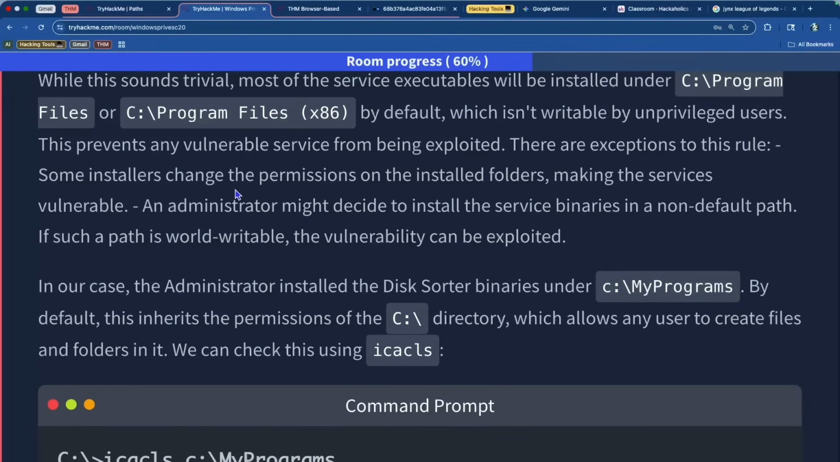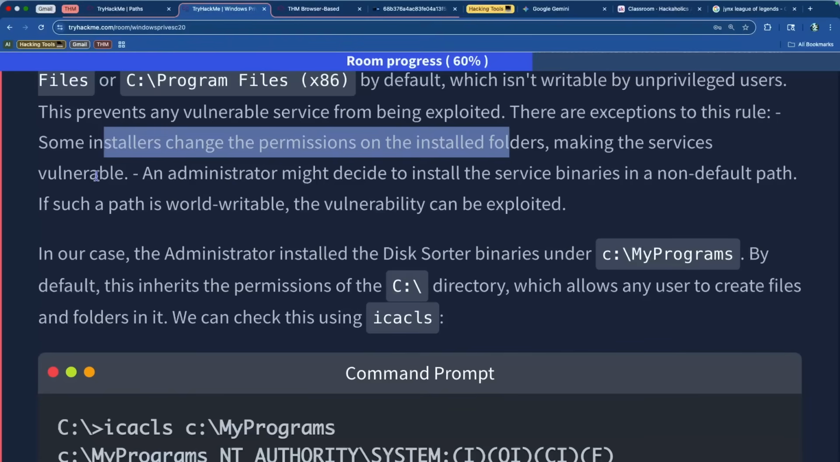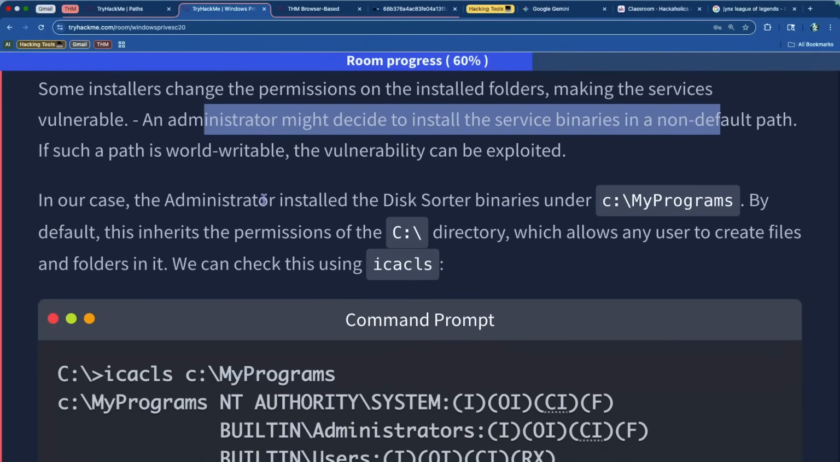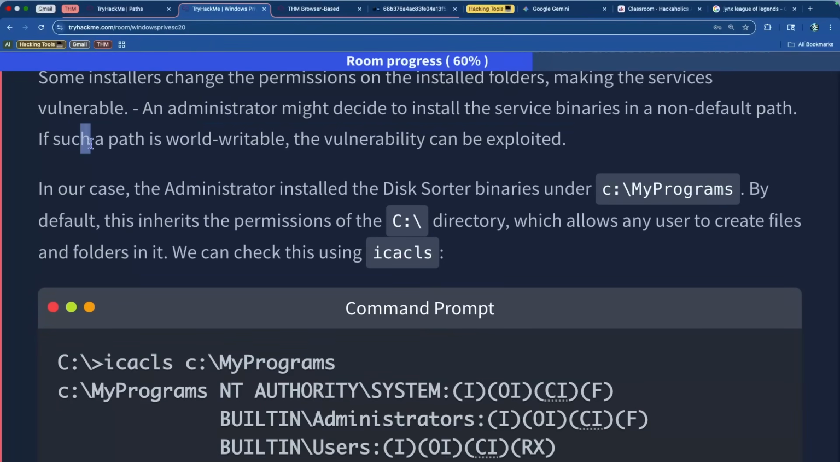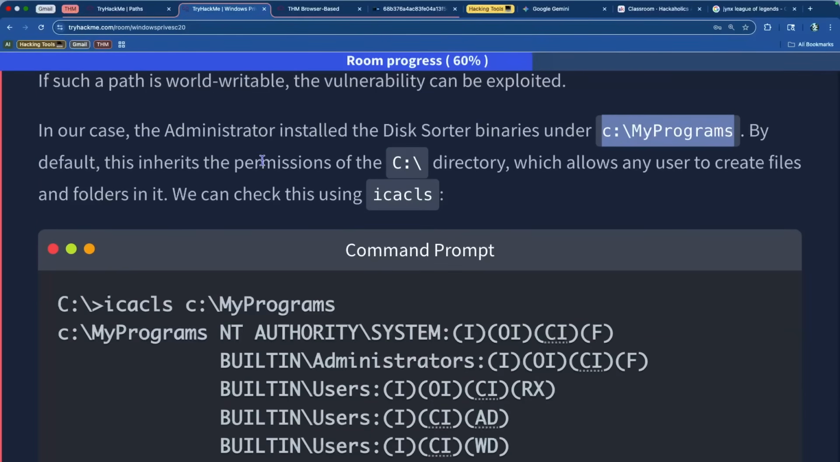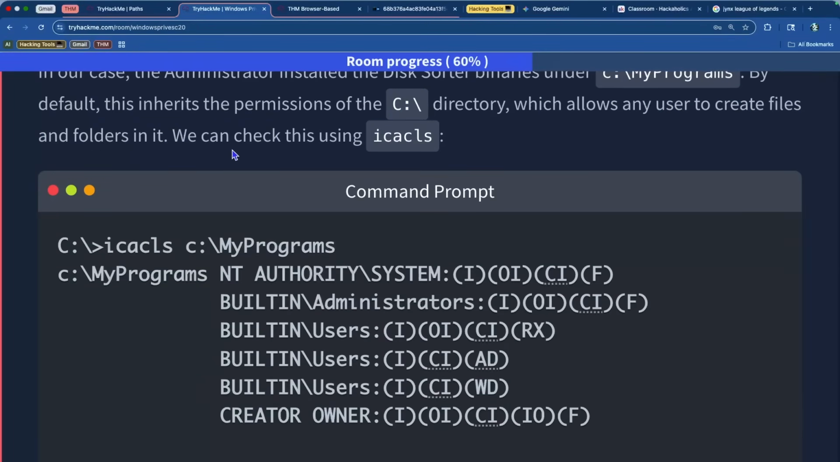There are exceptions to this rule. Some installers change the permissions on the installed folders, making the services vulnerable. An admin might decide to install these service binaries in a non-default path. If such a path is world writable, the vulnerability can be exploited. In our case, the admin installed the disk sorter binaries under C:\MyPrograms. By default, this inherits the permissions of the C directory, which allows any user to create files and folders in it. And we can check this using icacls,